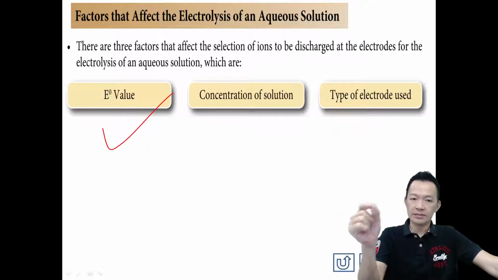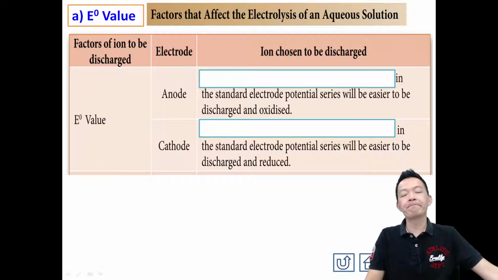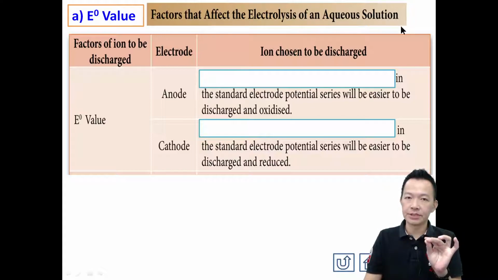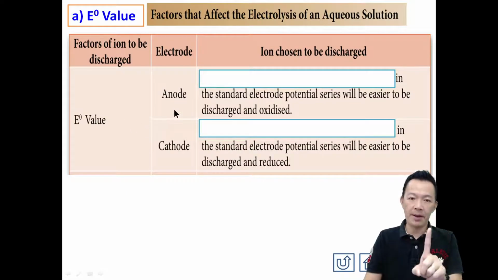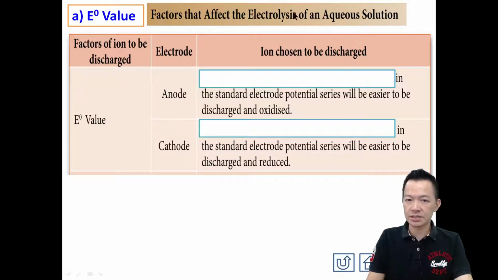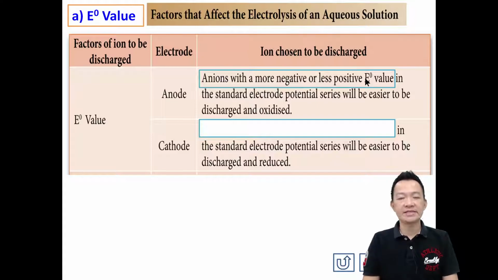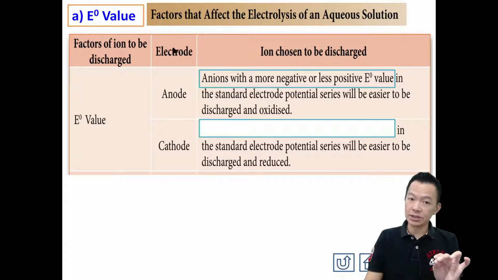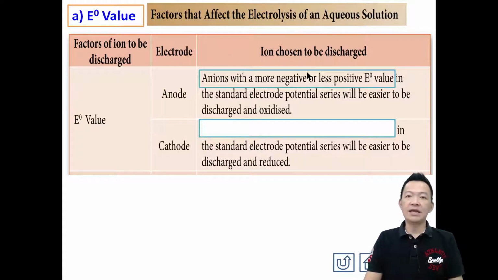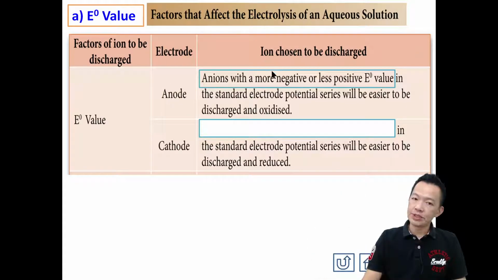也就是 Standard Electrode Potential Value，就是那个 E°。But how? 不知道，对不对？So the factor that affect the electrolysis of aqueous solution, the first factor 就要看那个离子的 Standard Electrode Potential Values。在 anode 那边，也就是 positive terminal 那边，谁会 discharge 不知道。So ion chosen to be discharged, 哪一个离子会被选择跑去 discharge 呢？Copy. An ion with a more negative or less positive standard electrode potential value will be discharged. 那个负离子，只要它比较 negative，在 standard electrode potential value，它就 discharge，要背了。不过等一下你熟了，根本不用背了。